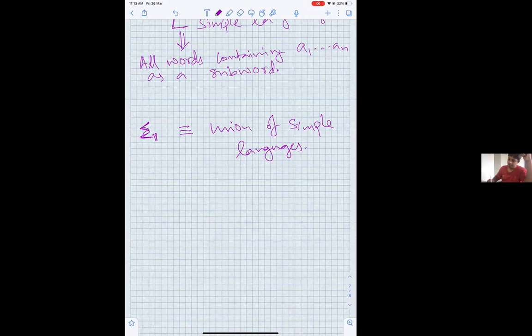So, okay, so one of the properties of a union of simple languages, we are going to call it